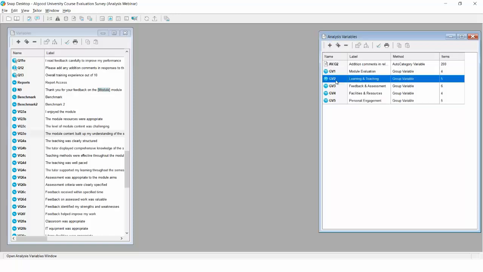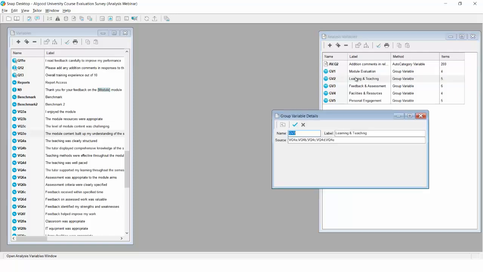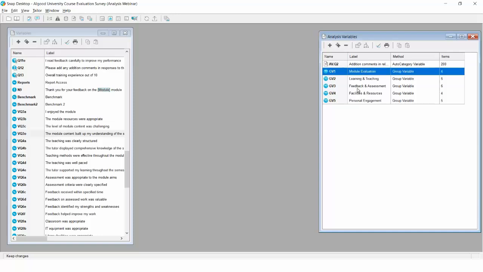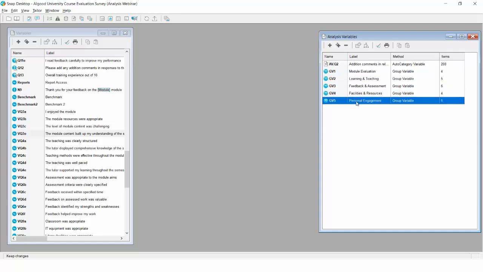If we look at question GB2, group variable 2, it's based on that section, learning and teaching. But more importantly, all it's actually doing is taking the data from those 4 or 5 derived variables and effectively merging it into one variable to give me an overall data set for that particular section. And you can see I've got 5 different sections, and I've created 5 group variables. Moving back to my variables list,